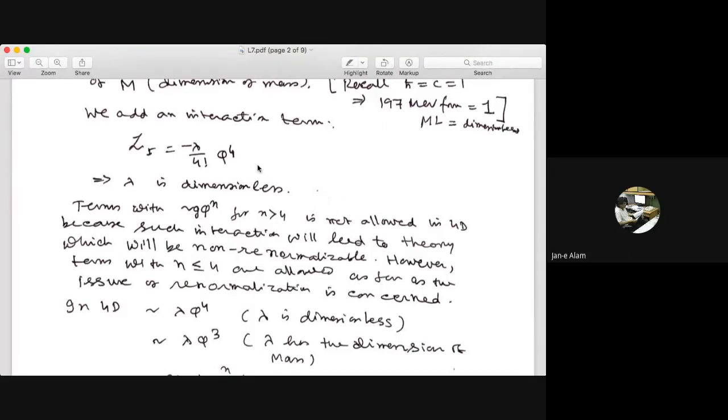These are nice guidelines to write down the interactions: the dimension of your coupling constant should never be negative. When your theory is non-renormalizable, that will mean that calculations at every order will diverge. That was a big problem actually up to the 1950s. That problem was solved by Tomonaga, Schwinger, and Feynman.